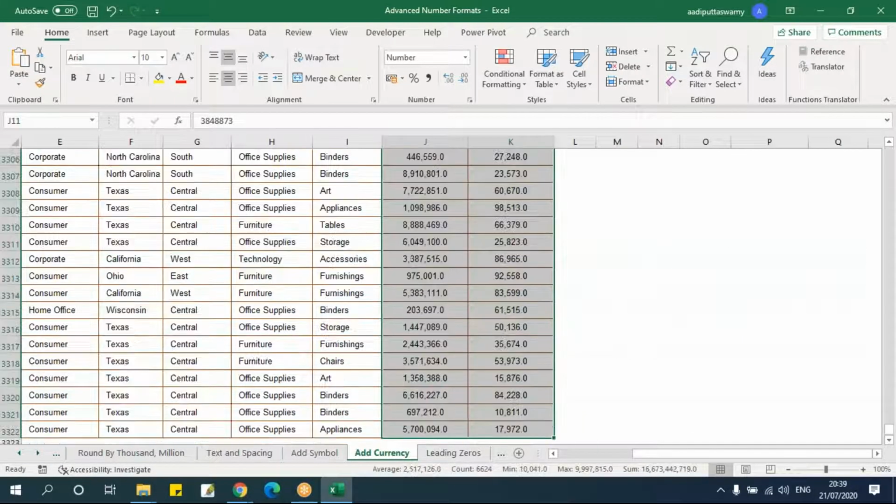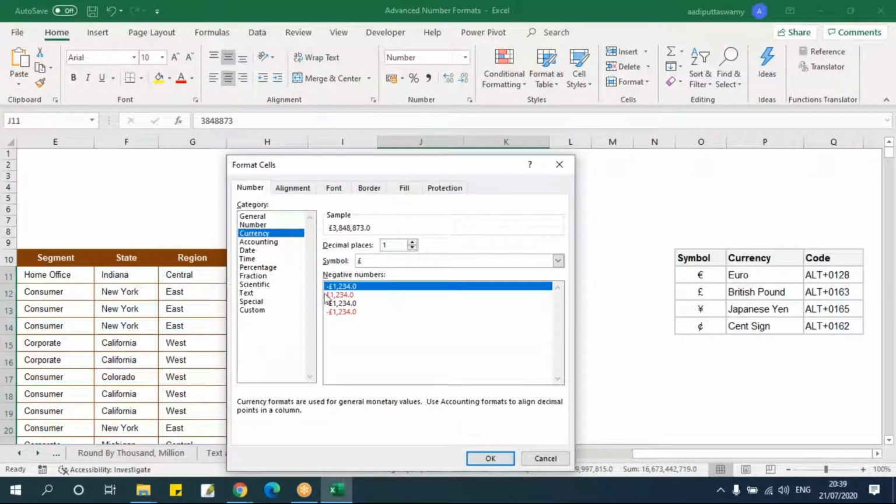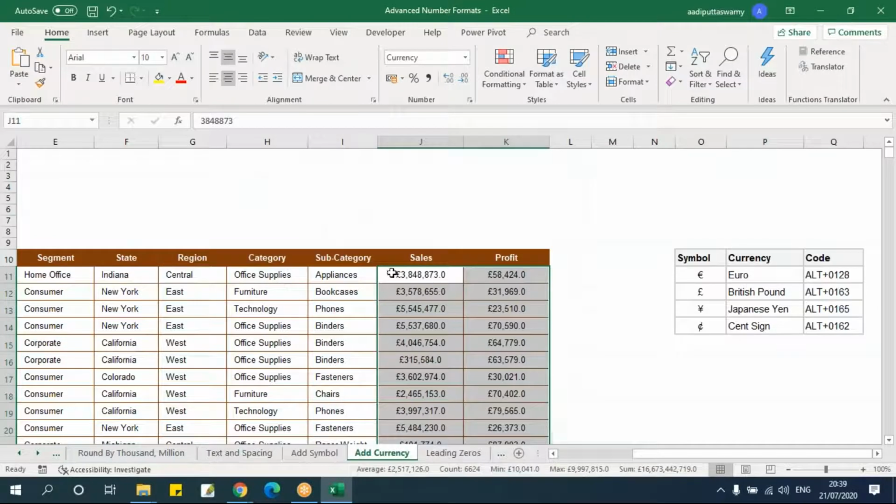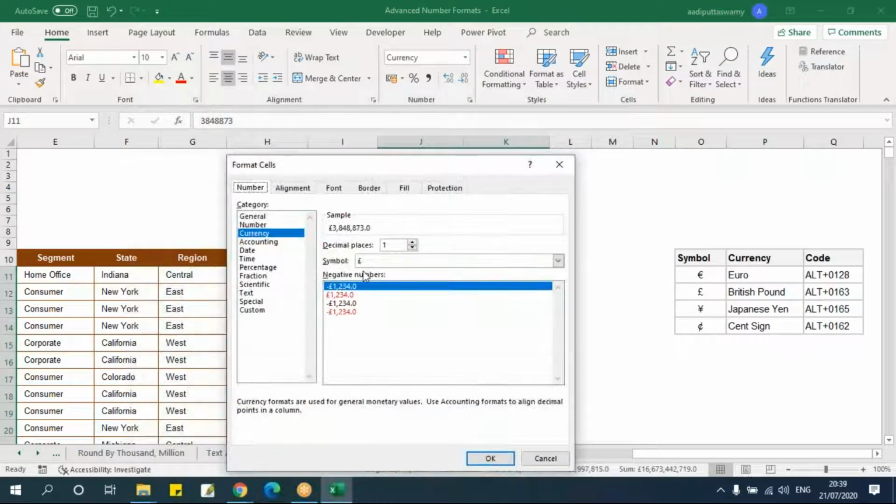So when I say currency, I have one option here, that is currency. Just select that and it'll give me the symbol. It will not convert again. Say if I give in rupees, then again if you put dollars, that will not get converted to dollars. It's just the format I'm changing.